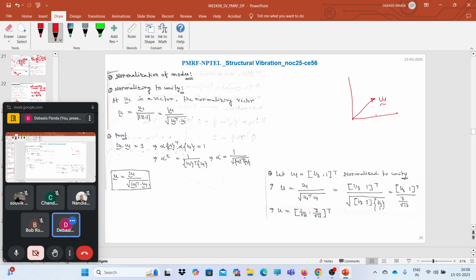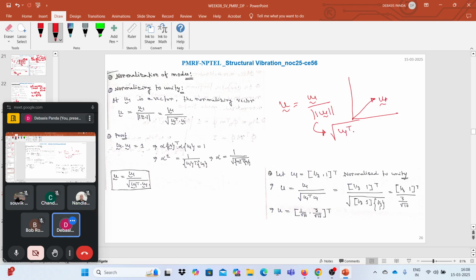say u1 vector. Now if I want to normalize this thing, normalize to unity, what I need to do? The normalized vector u will be nothing but the vector, say for example this is u1 vector, so normalization u will be u1, that vector itself, divided by the Euclidean norm of u vector. And what is that Euclidean norm of the u vector? It's nothing but under root of